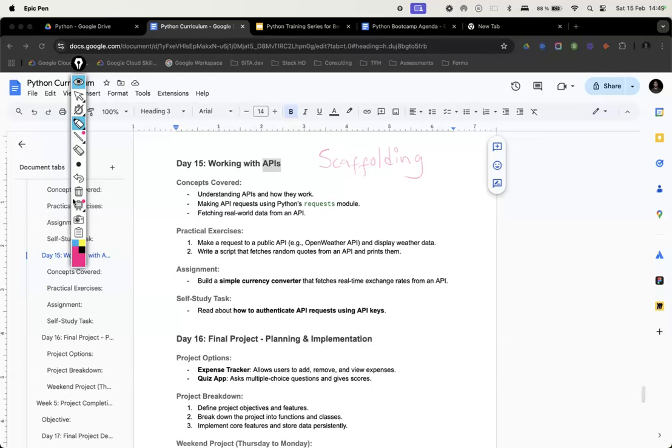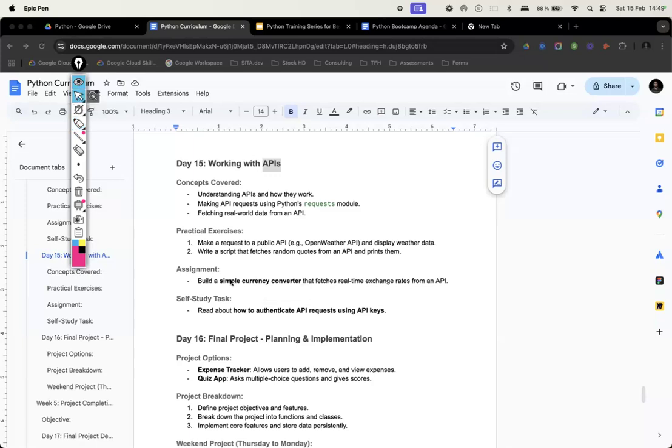So you can mark this word. This is also one of the things that makes learning programming very difficult for so many people. That's why a lot of people start, but then they stop and they never come back, because this is the problem. It requires scaffolding. I will explain that in a minute.